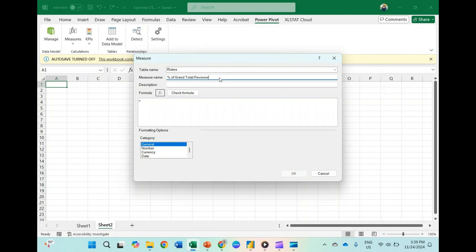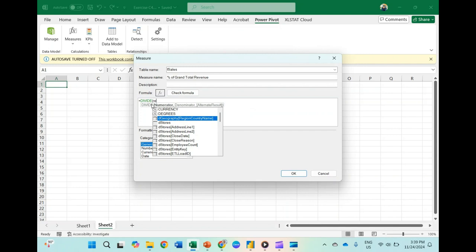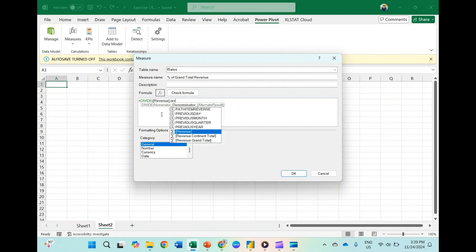To calculate the percentage, equals to divide, because it's a percentage. The numerator is the revenue, and the denominator is the revenue grand total.